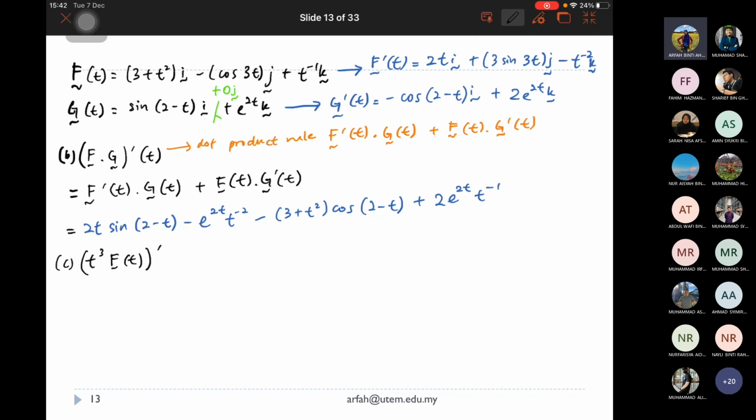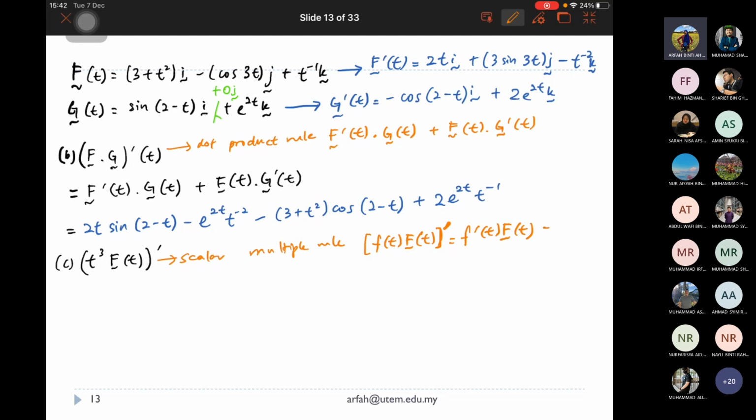Dia adalah scalar multiple rule. Yang mana dalam teorem ni dia kata F T prime, okay, akan sama dengan F prime T